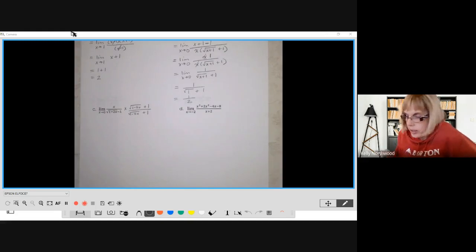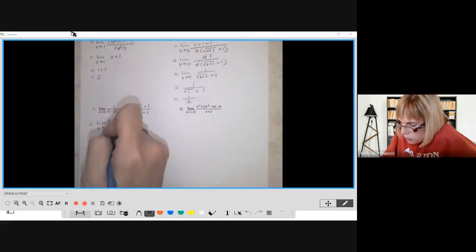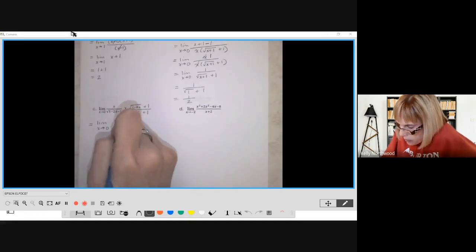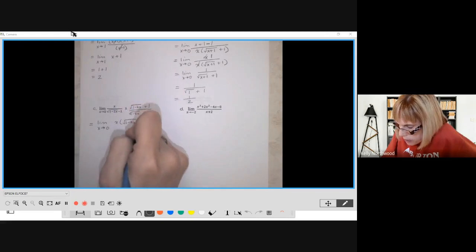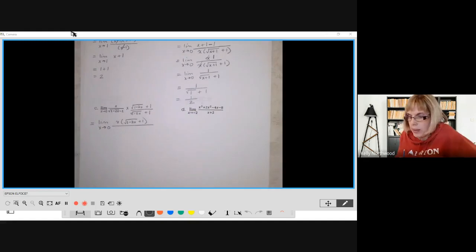This time we're rationalizing the denominator. So the numerator is going to be x times the root of 1 minus 2x plus 1. And the denominator is going to be